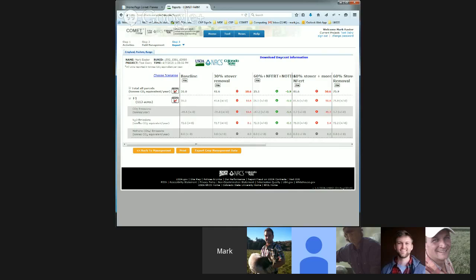And the tool is designed for users to be able to do that sort of thing. Now, that is not in the current production version, but it is in the new version that we're working on right now, so that users can adjust on a year-by-year basis how much offtake is actually happening on their pasture, and also integrate the feedback loops where they might be producing compost, or composting manure from an associated